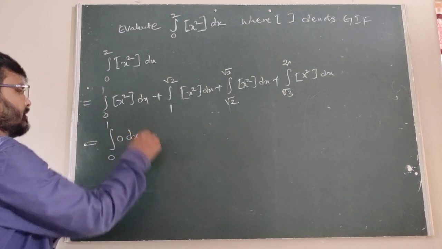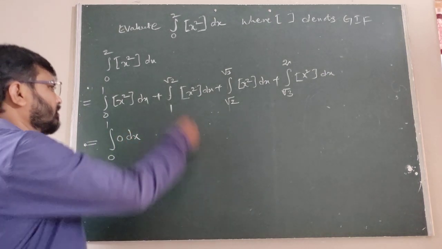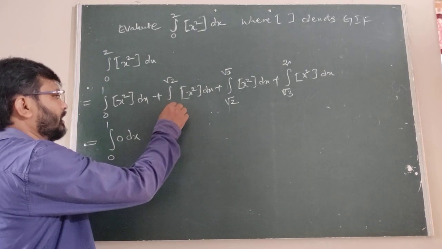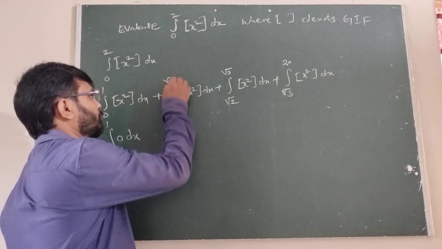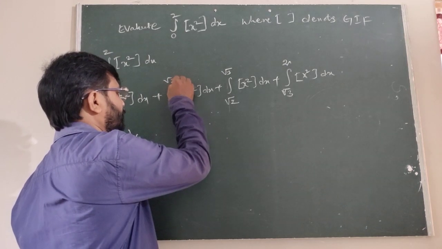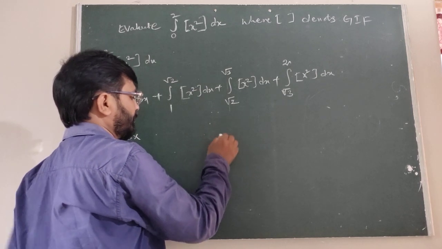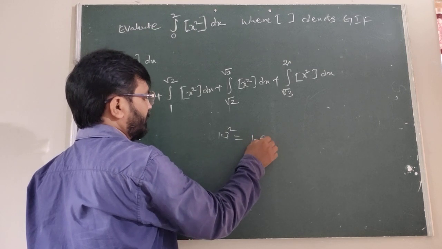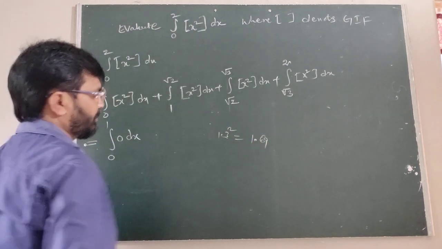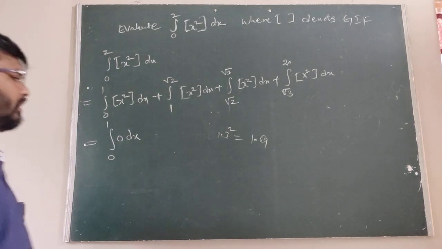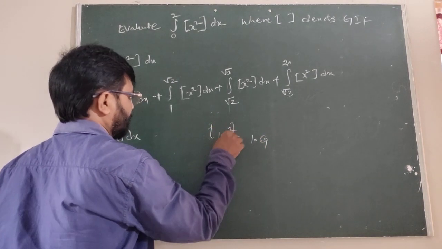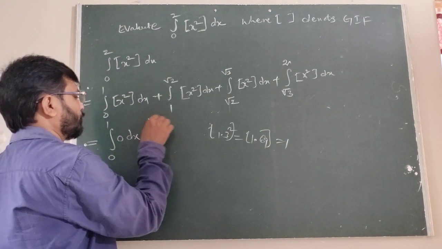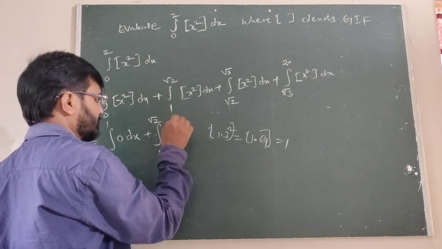Integral 0 to 1 dx is 0. So what is the value here? The 1 square is 1. Is it clear or not? Therefore we have to take any value between, suppose 1 to root 2, undoubtedly this is 1.4, we can substitute 1.3. 1.3 whole square is 1.69. 1.3 into 1.3, 13 into 13, 169. Therefore its step must be 1. Therefore now we can write 1 to root 2 is 1 dx.